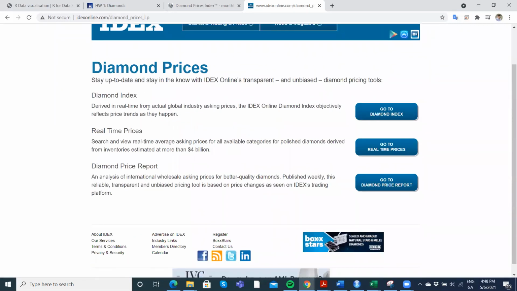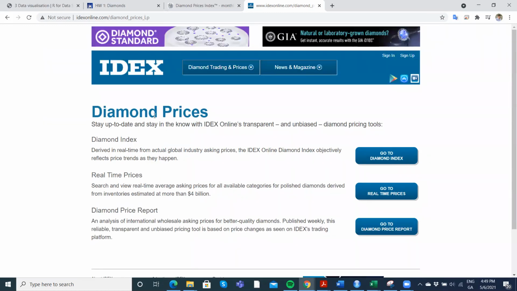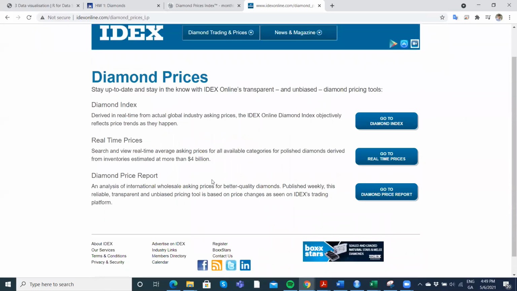Diamond index derived in real time from actual global industry prices. The IDEX online diamond index objectively reflects price trends as they happen. Okay, so it looks like a very nice data project that they're pulling in data and reporting the price of diamond. Search and view